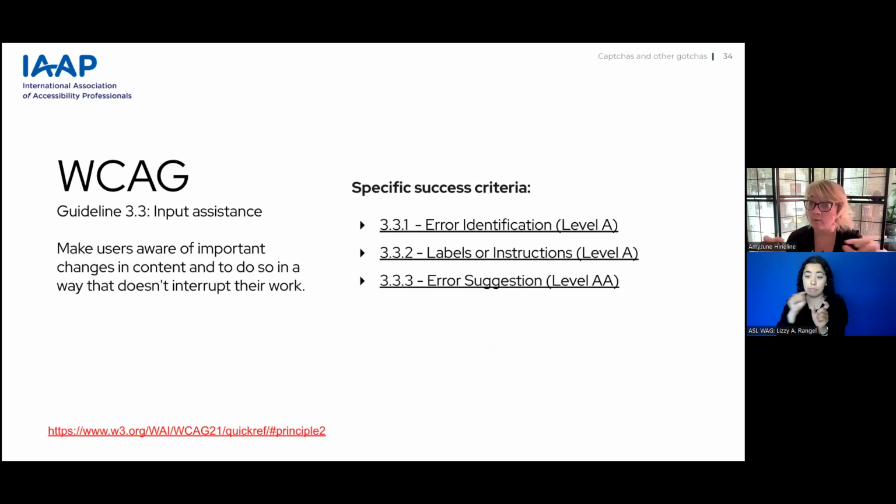Remember, we're in a global society, with the internet, so not all date formats are the same. So providing some placeholder content that explains what's anticipated for the date or the phone number is very helpful. And this really helps all users, but particularly those with cognitive, language, and learning disabilities to enter that information correctly.